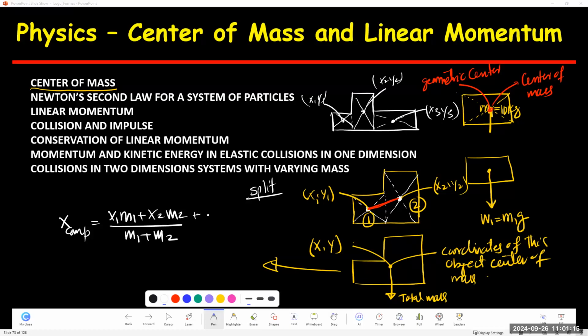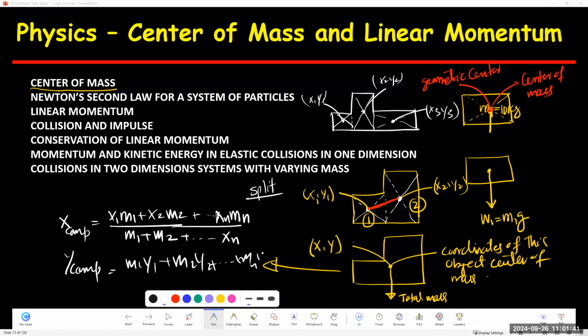So you can keep adding dot dot dot, you can call x_n, m_n divided by m1 plus m2 plus dot dot dot plus m_n. n means the number of bodies or objects. Same thing, I'm going to write the y component, and it's going to be equal to m1 y1 plus m2 y2 plus dot dot dot m_n y_n divided by m1 plus m2 plus dot dot dot m_n. Okay. You can write it another way, we can do it different ways, but this is pretty much